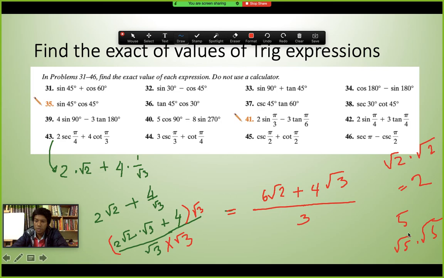Why is so? Because there is half here, there is half here, so half plus half equals 1. Power addition by the rule of exponent. Let's check the math once again. This is 2 sec